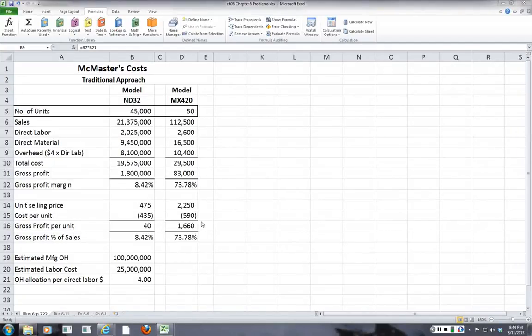I thought we'd go over chapter 6 on page 222. There's a couple of ways to apply overhead, and the traditional approach is the one that you're looking at right now. This is in your textbook, McMaster's Cost, the traditional approach of allocating this overhead to these two costs. And in the traditional approach, you can see down below here, they've got an estimated manufacturing overhead